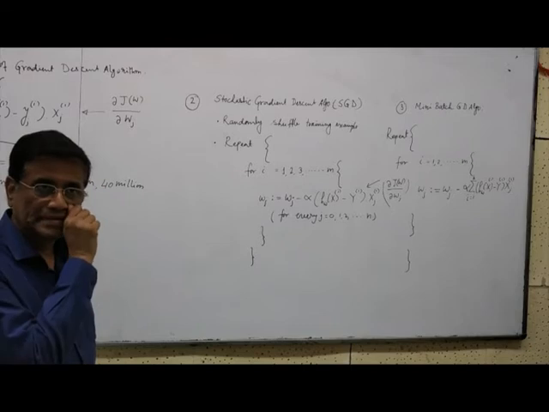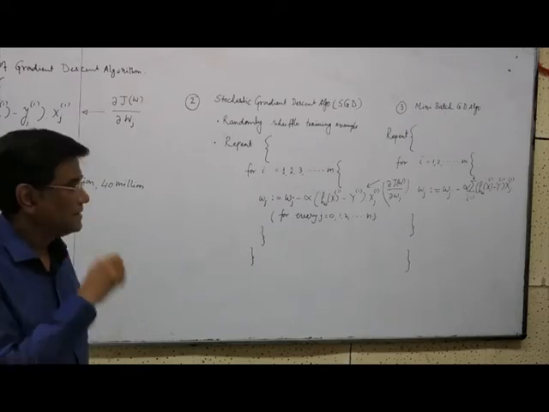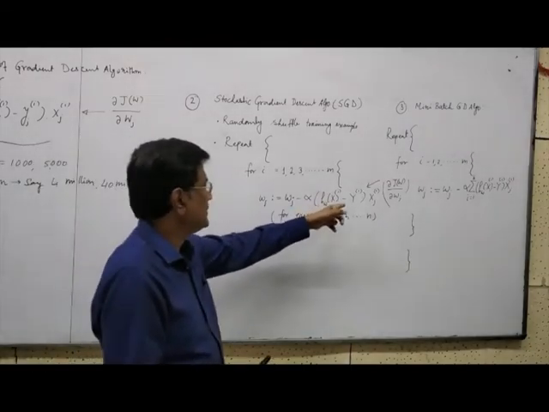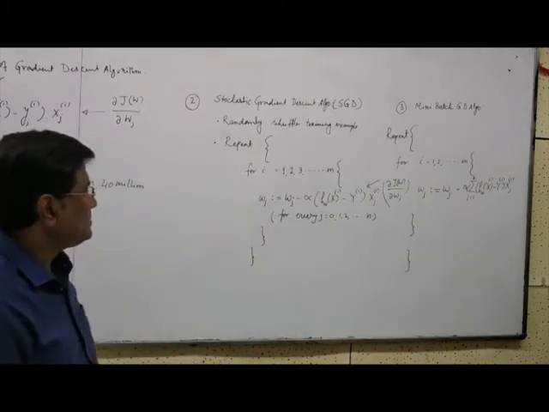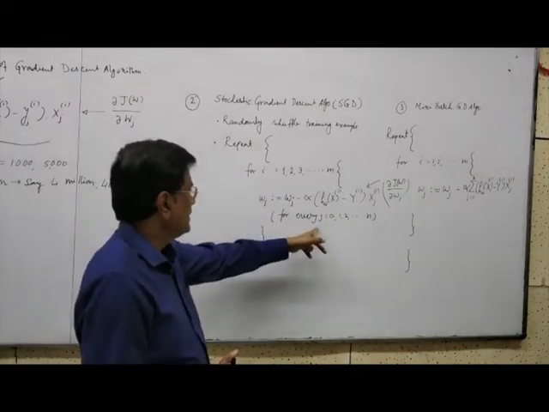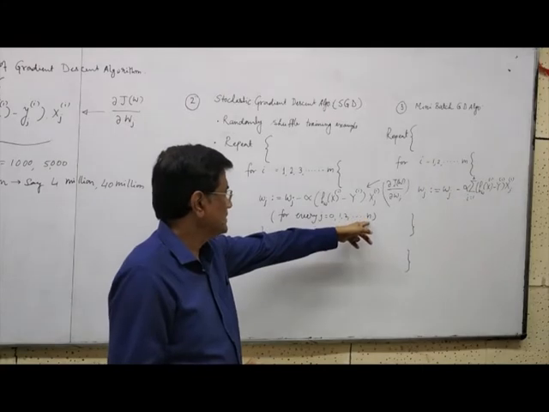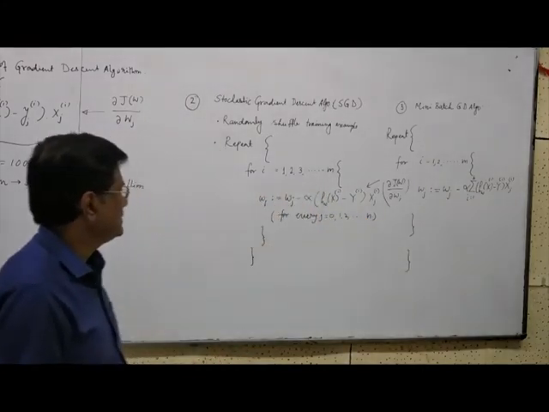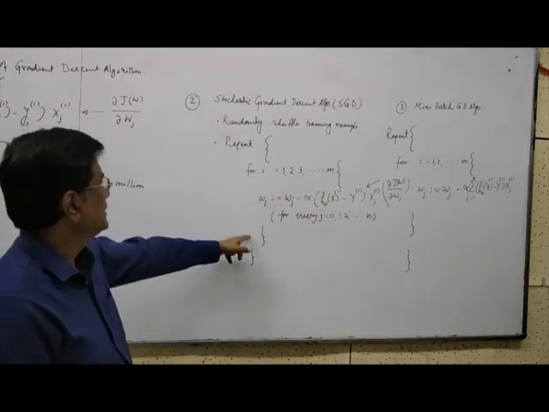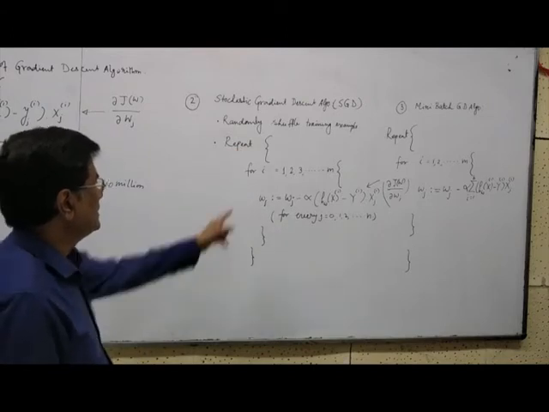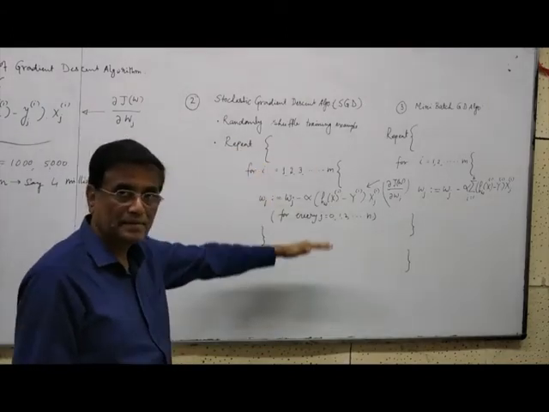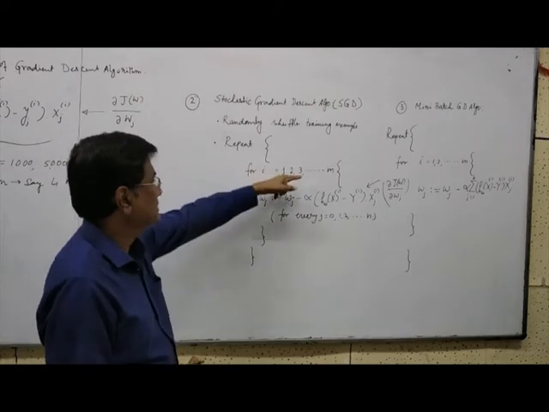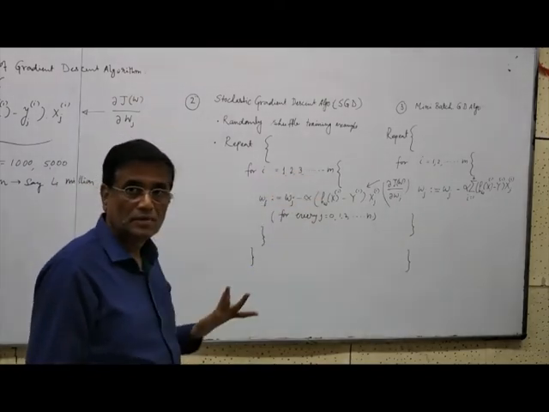So essentially it is faster than batch. That is the basic difference you must observe. And for every j, that is every parameter, you need to run this inner loop, and then you update, go to the next sample, and then again do this, go to the next sample,